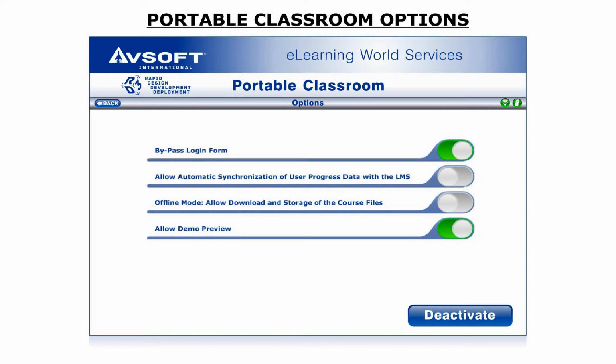The two other controls on the Options menu are: allow automatic synchronization of the user's progress data with the LMS, and offline mode, allow download and storage of the course files. Both controls are set to off by default, indicated by a gray background. Synchronization of the user's progress data with the LMS will have to be manually triggered by the user, which we will address later in this module, and the course assets will be streamed from the application server on each module